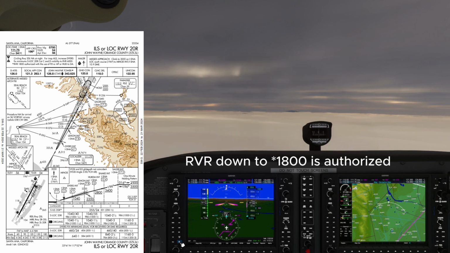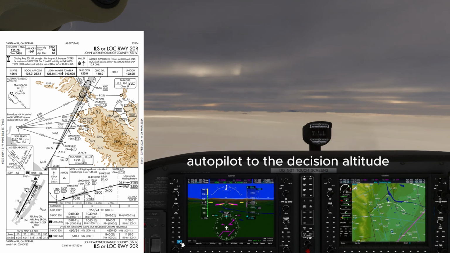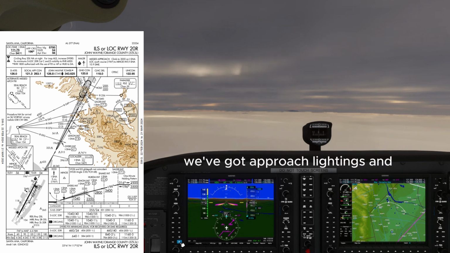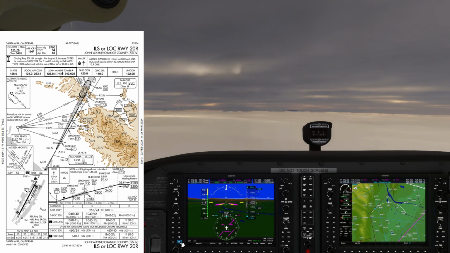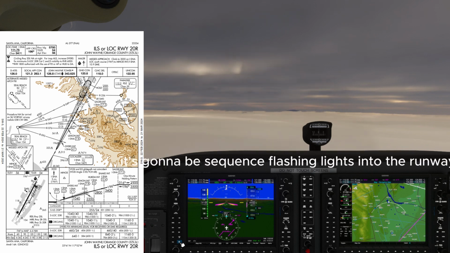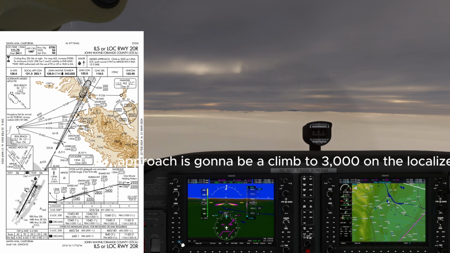RVR down to 800 is authorized with the use of a flight director or autopilot to the decision altitude. We've got approach lighting, and for the runway it's going to be sequenced flashing lights into the runway. Missed approach is going to be a climb to 3000 on the localizer